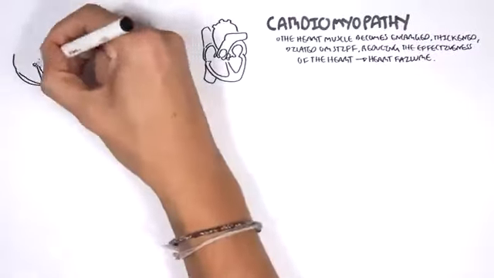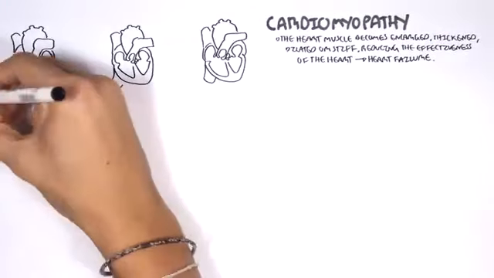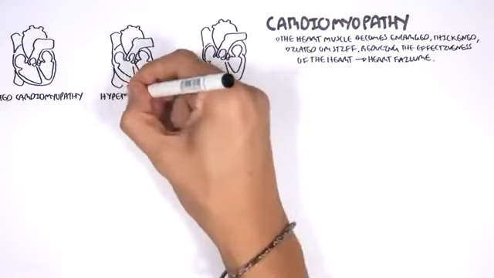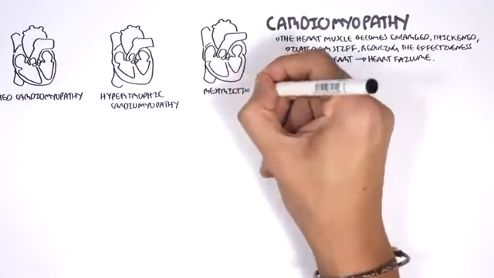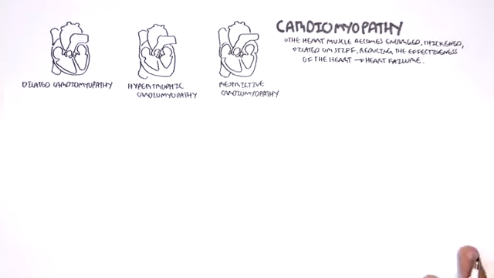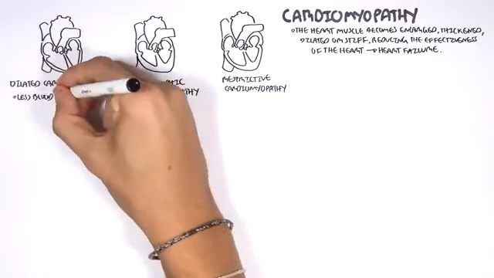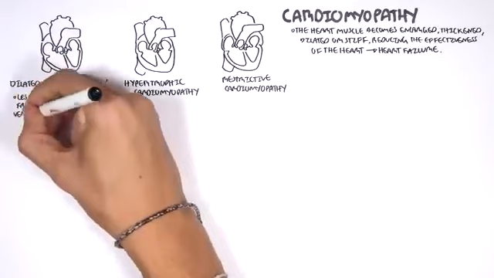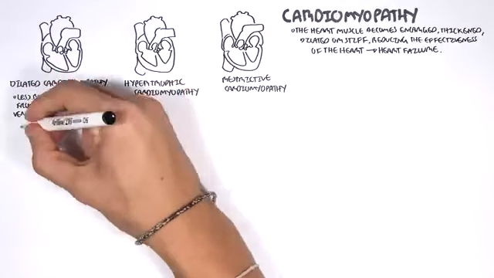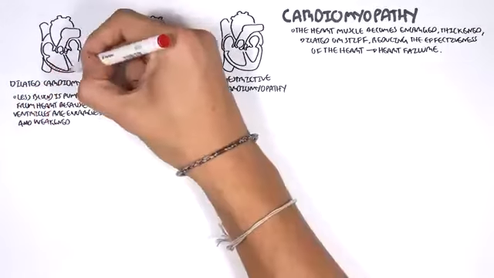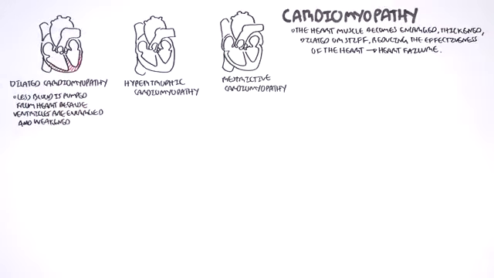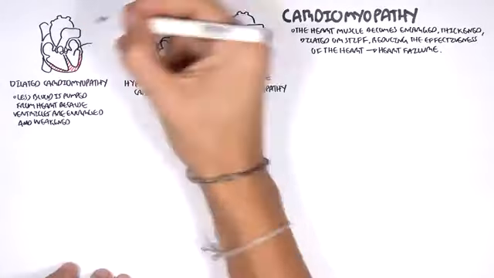There are three main types of cardiomyopathies: dilated cardiomyopathy, hypertrophic cardiomyopathy, and restrictive cardiomyopathy. Let's look at dilated first. Dilated cardiomyopathy is when there is less blood pumped from the heart because ventricles are enlarged and weakened. And dilated cardiomyopathy can lead to systolic heart failure with a big decrease in ejection fraction. So we have enlarged ventricles